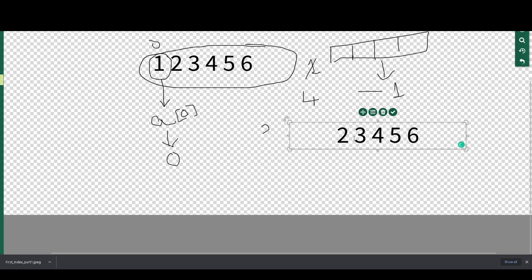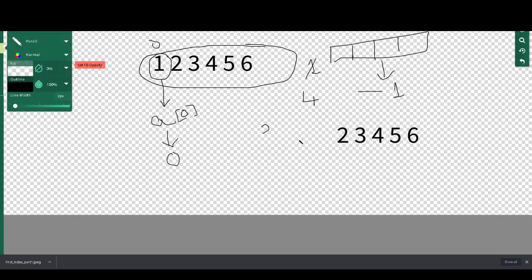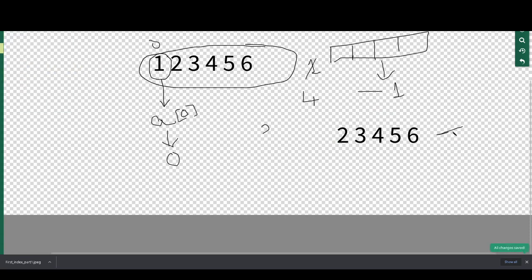Okay, this is the second procedure. Second list order, it will eliminate the first one, then compare these two in this list. It will compare this as a list. First it will compare this one.